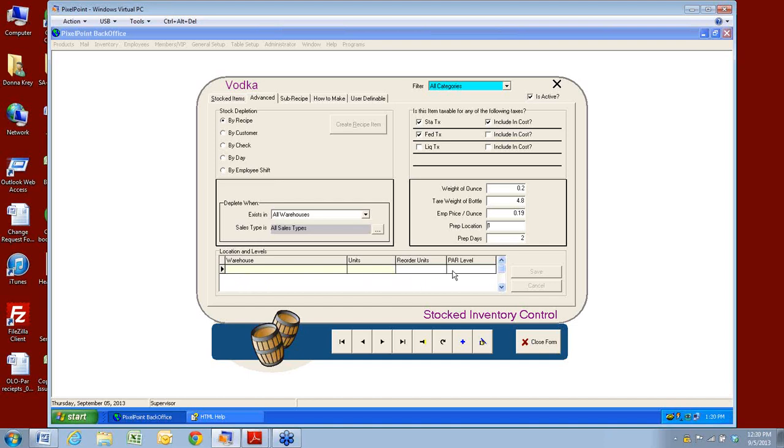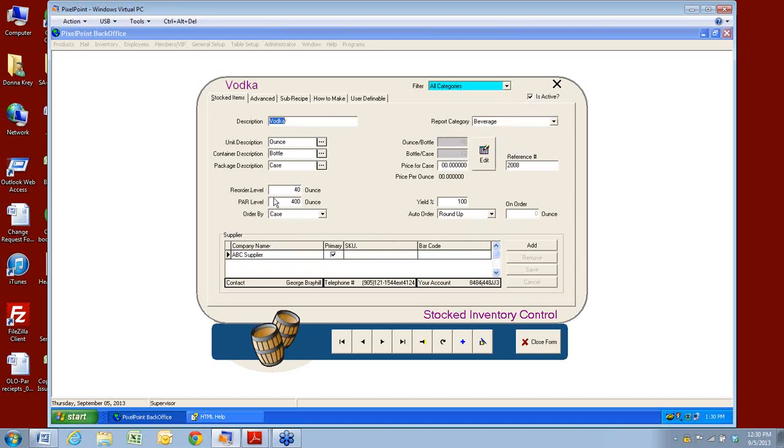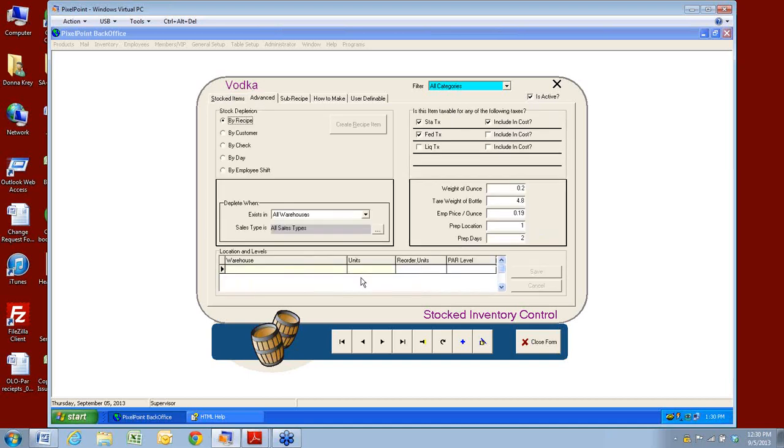And then you'll notice you have your reorder units and your par levels, which is exactly the same as what we have here. So if, again, I have a big commissary, and they transfer everything, maybe I have my commissary warehouse, and then I have my restaurant warehouse. So I pull from the commissary warehouse into my restaurant warehouse. This works as long as, now mind you, you guys have to take inventory at both locations